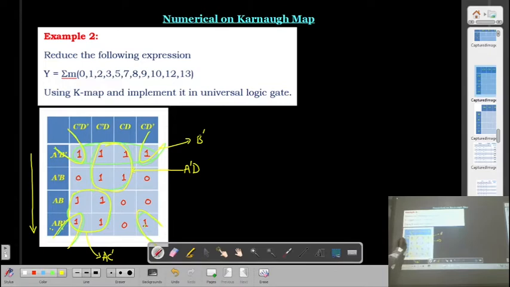And if you move from left to right, then C' D' is there, and here we have C D'. So the D' variable is not changing, so it is B D'. Correct? Now here, whatever quad I have marked, this quad we have marked, but unnecessarily